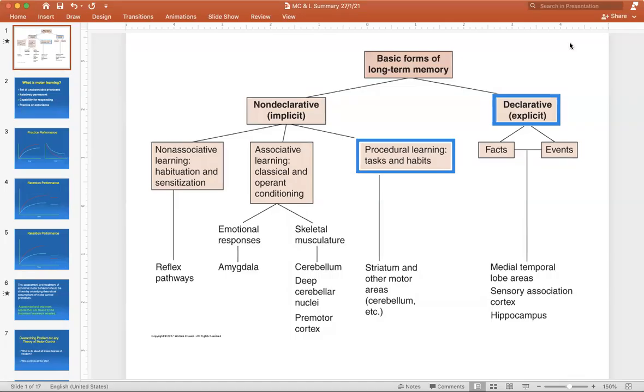So this is going to be a summary of the first week of a motor control and learning class. I'm basically going to go over the key points we've talked about in the last Monday and Wednesday. So initially, I started talking about the basic forms of long-term memory, and we can see the two basic forms,